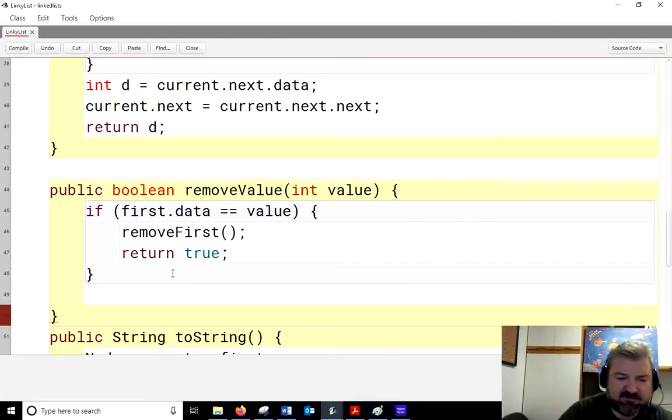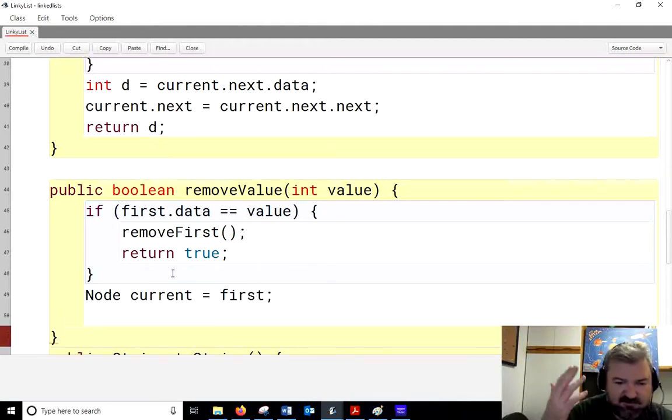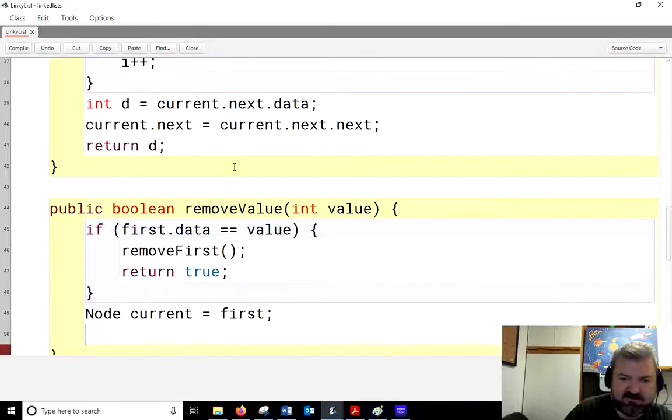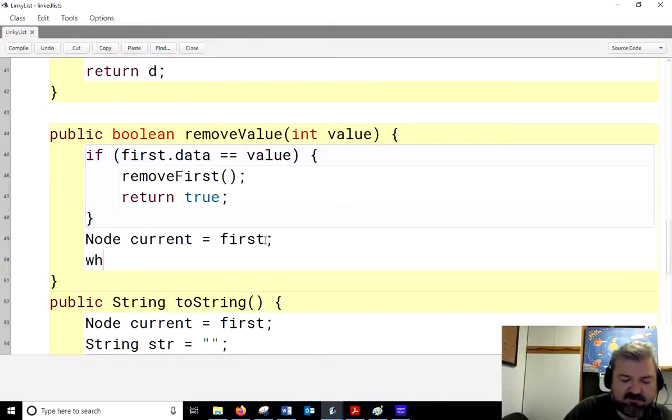All right, let's see how we did. So I'm going to say Node current equals first. I don't need index anymore because we're not using indices, right? Okay, my mind is stuck on that other method. All right, so I'm going to use a while loop. While current.next does not equal null,